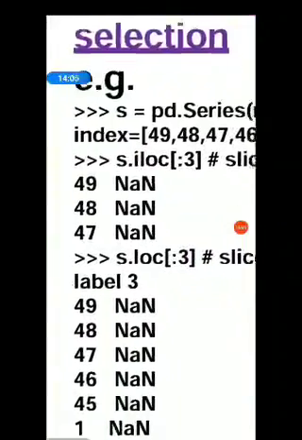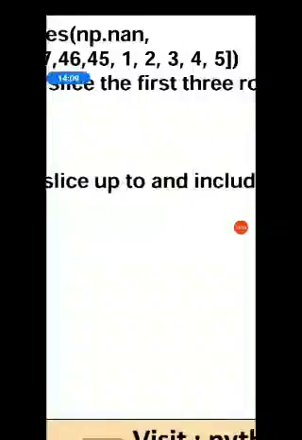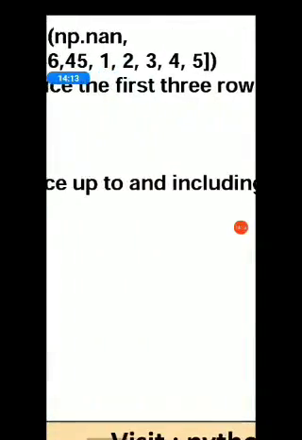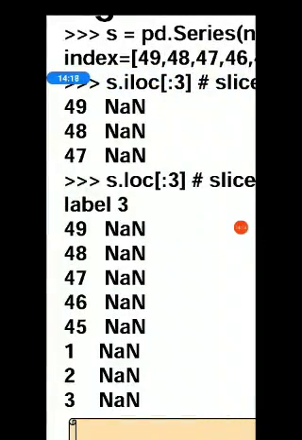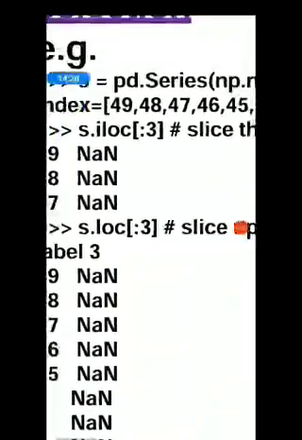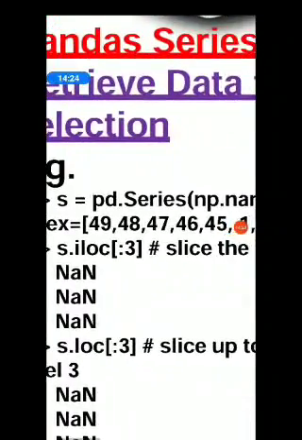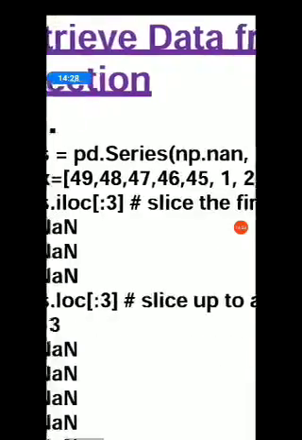Here level equals to 3, slice up to, starting from the very first location including this level 3 will be shown over here. So actually starting from the starting location 49 till 3, and the 4 and 5 will not be included over here.